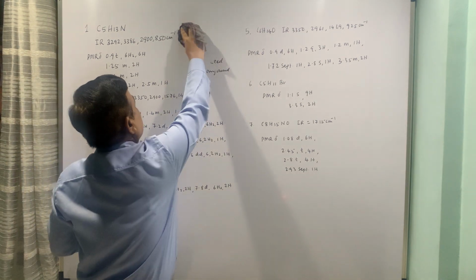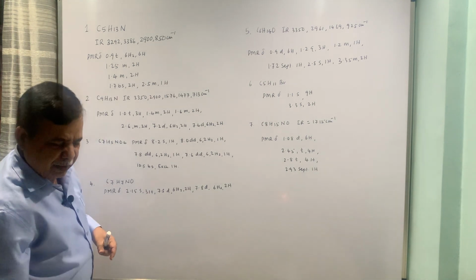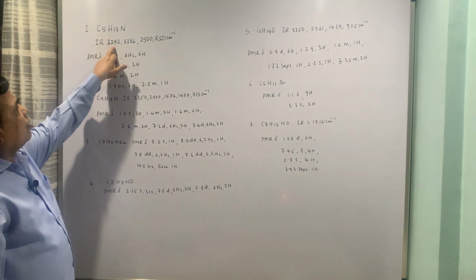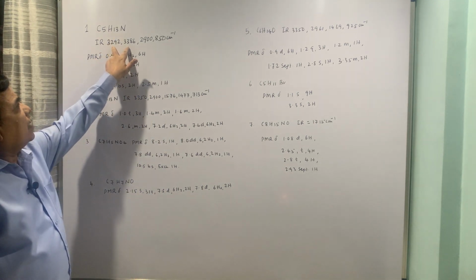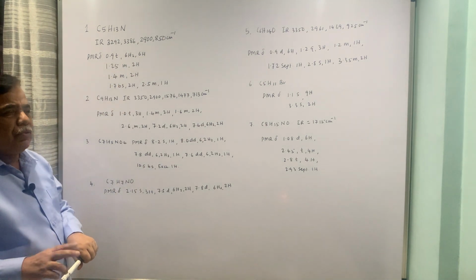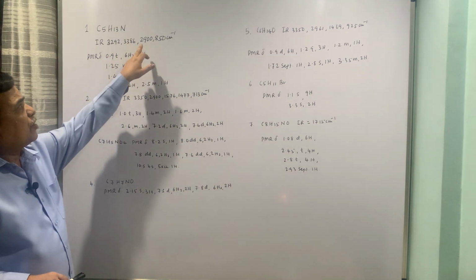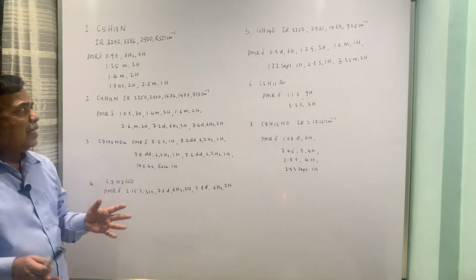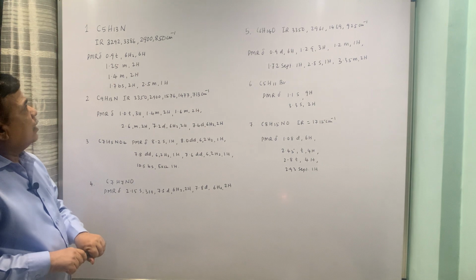Then the next thing is you have to look at the infrared spectral data. 3292 is probably NH, these two are NH2 because nitrogen is shared by two NH bonds. So two frequencies are there because of coupled interaction. 2900 is probably CH stretching frequency of the alkyl chain and 850 is CH out of plane bending vibrations.